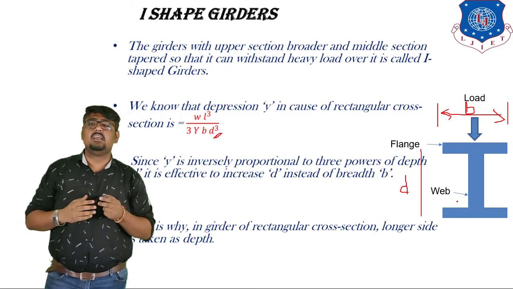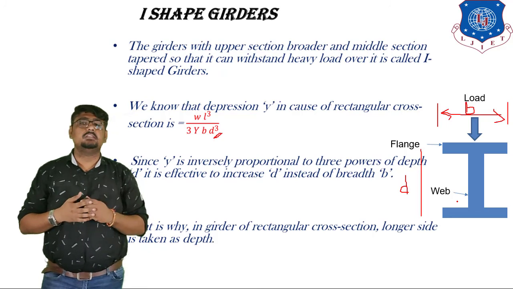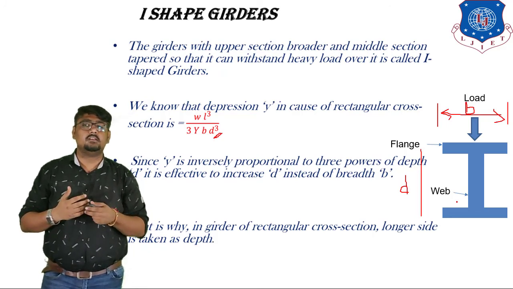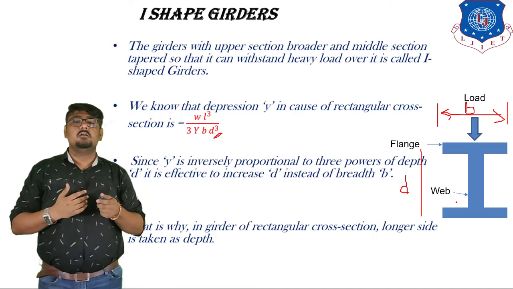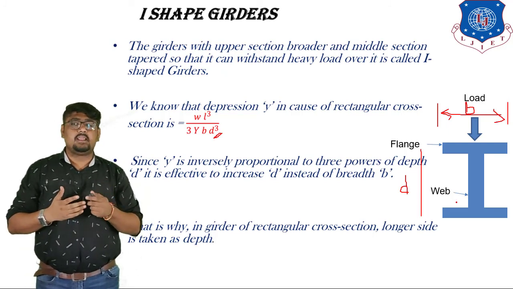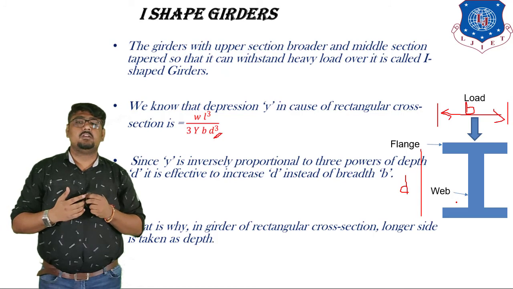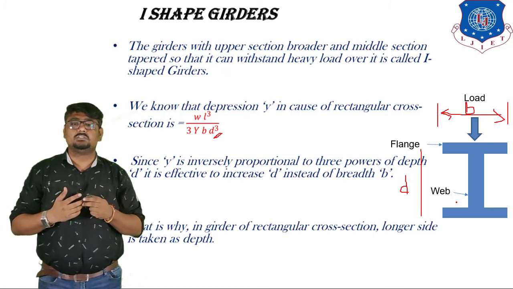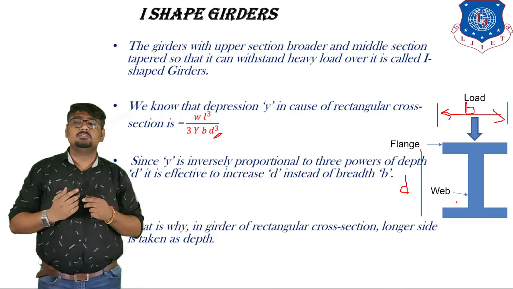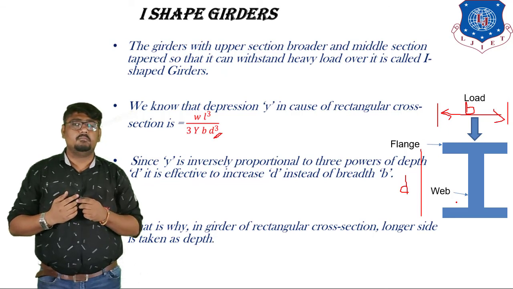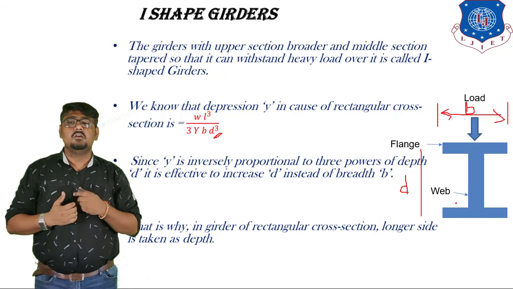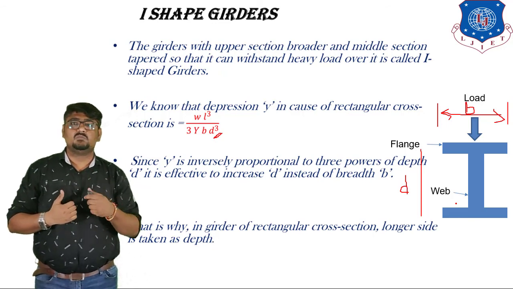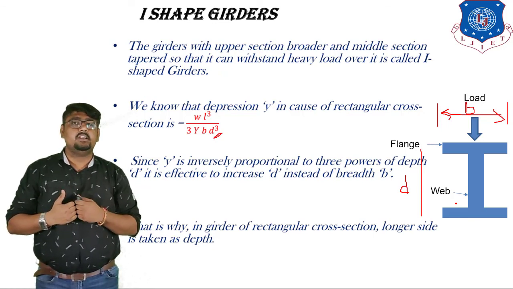Now the applications of the I-shaped girders are: they are used in construction of bridges over rivers. They are very much useful in production of iron nails which are used in railway tracks. They are used as supporting beams for ceilings in construction of buildings. They are used in construction of dams. Now the advantages offered by these I-section girders are more stability, they are much stronger, and high durability.